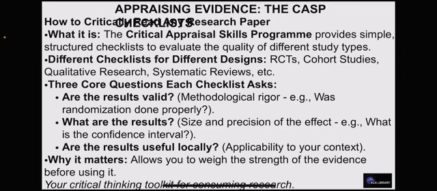For the second question, which is what are the results, we'll be looking at the size and precision of the effects. For instance, what is the confidence interval and the like. The third question is, are the results useful locally? And in this, we'll be noticing the applicability to your context. Why this matters is that it allows you to weigh the strength of the evidence before using it. So this is your critical thinking toolkit for